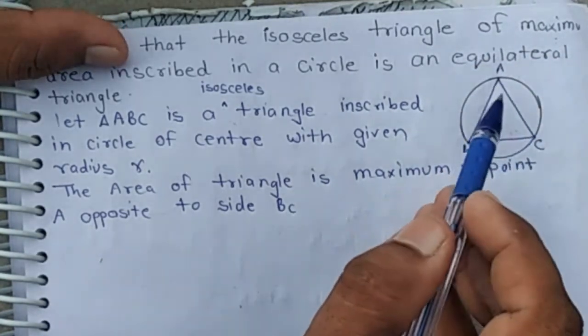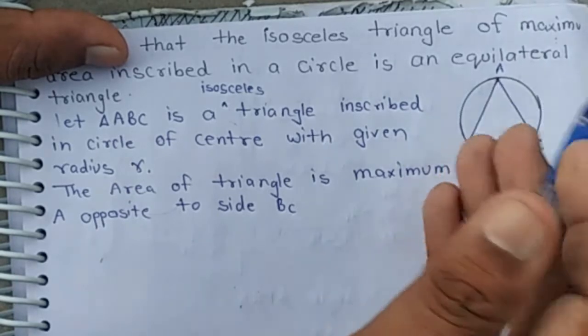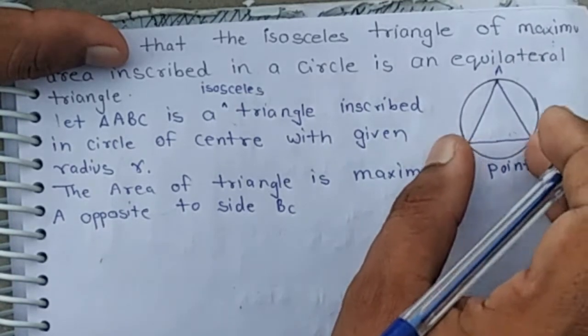Means area is maximum when point A is at a maximum distance from BC,